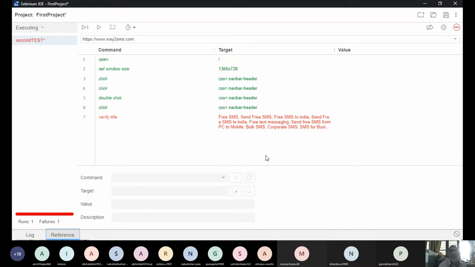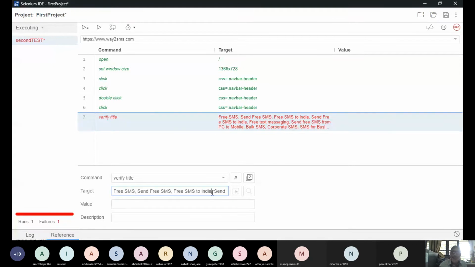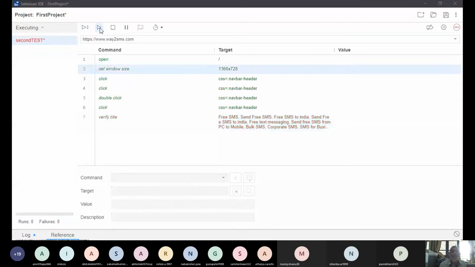Okay. Now what should I do if I want to run the test case correctly? I'll go back to title. Any mistake you make, see, I just removed one dot, nothing else I did. Yes or no? Now let us see, I'll put the dot again and see whether it really works or not. Okay, let us see.